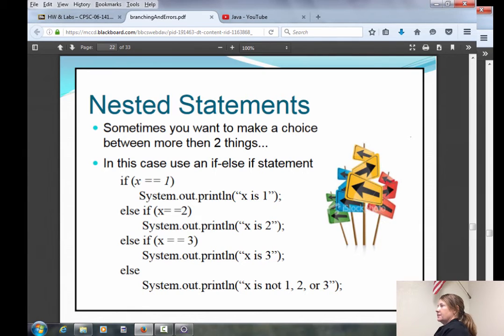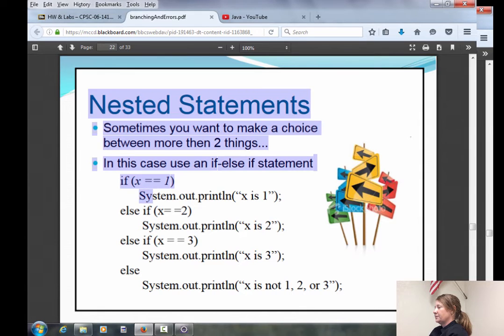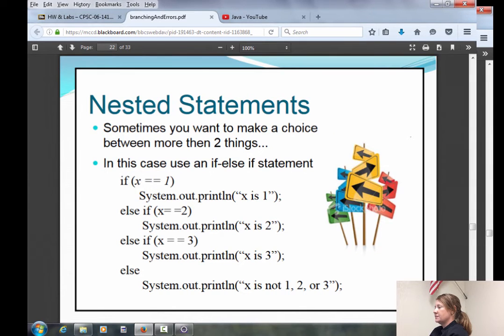All right. Now, we looked at if and we looked at if else. What if you had more than one decision to make? What if you wanted to see if a value equaled different numbers, like 1, 2, or 3? This is how you would write it. You could write it with an if, else if statement. Here we're checking to see if x is equal to the number 1, and if it is, we print out x is 1. What's important to know about if-else if statements is that only one path is taken, and once that path is taken, it gets out of that branching statement.